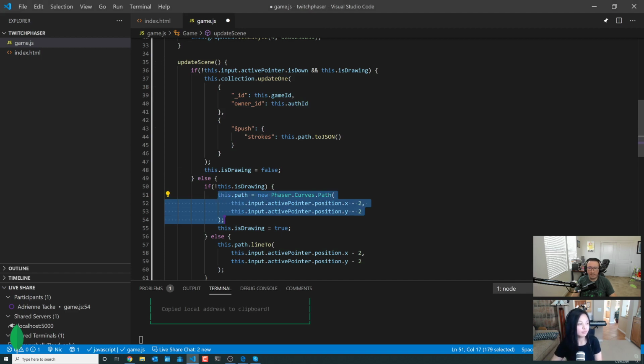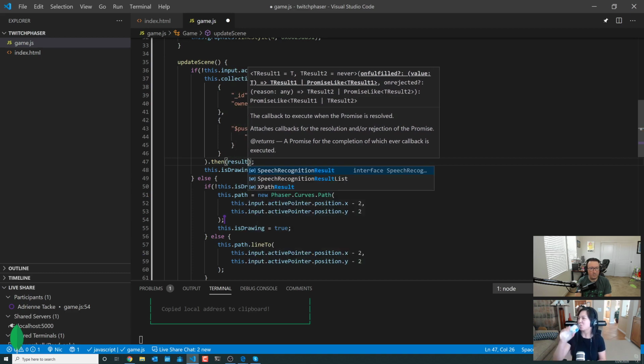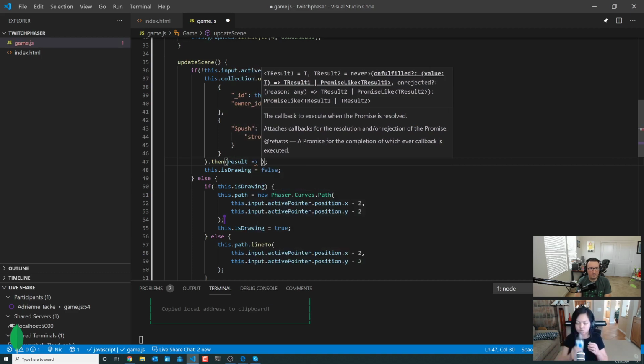So it's going to be a new path. This is a promise, and I don't know if we want to worry about the result if it fails or not. But we could do an await, or we could just do it then. In this case, I don't. What do you prefer? Do you want me to do async await stuff again, or do you want me to... Let's just do the then. Let's just get it up. We get it running, and then we optimize later. That's my philosophy. Yeah. So then we can say result, and I don't know.